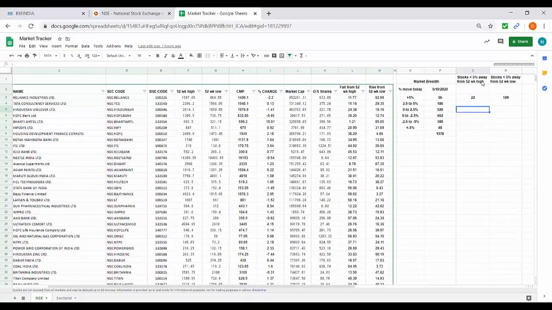Apart from this, you can find stocks which are less than 5% away from the 52-week high, indicating a potential breakout, or stocks which are near the 52-week low, or less than 5% away from the 52-week low, indicating a stock price breakdown. You can also code a range between the 52-week high and 52-week low. You will get stocks which can be range-bound if the movement between the 52-week high and 52-week low is less than 20-30 odd percent.